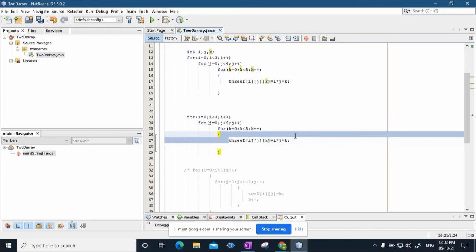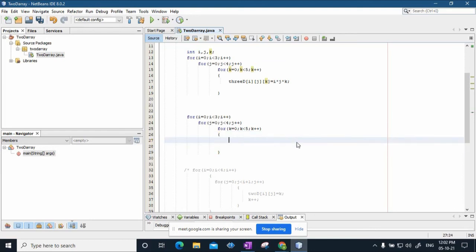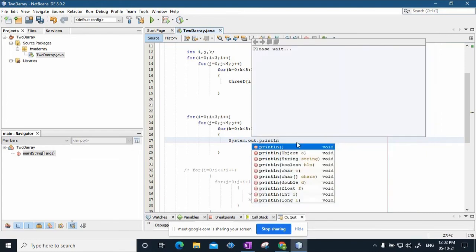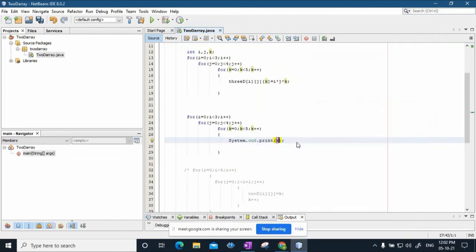I will write here System.out.print, not println, and I'll specify 3D of i j k plus, I'll specify a horizontal tab.